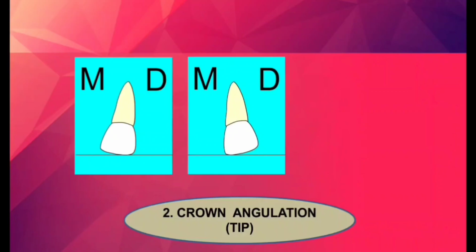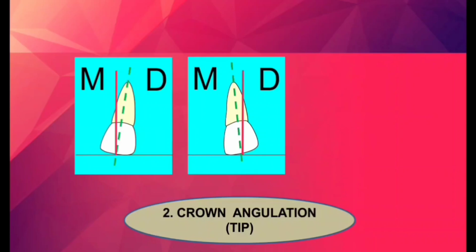Now coming to the second key, that is crown angulation, which is also known as tip. It refers to the angulation of the long axis of the crown, but not the angulation of the long axis of the entire tooth. As orthodontists, we work specifically with the crowns of the teeth, and therefore crowns should be our communication base. Now coming to the definition, it is the angle formed by a line perpendicular to the occlusal plane and the FACC, that is, the facial axis of the clinical crown,